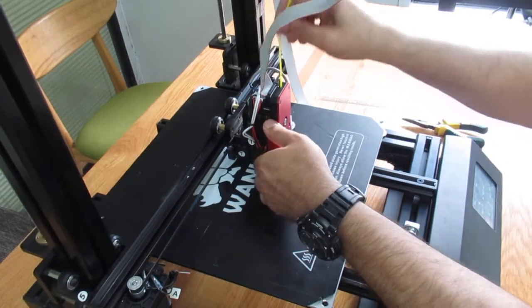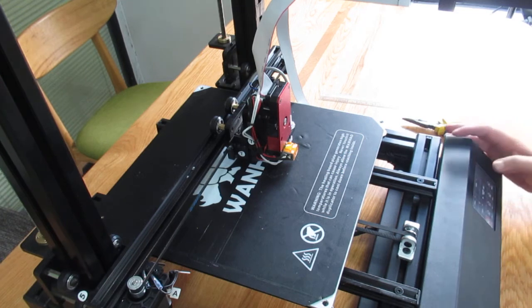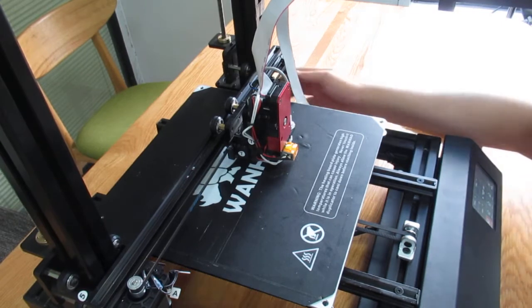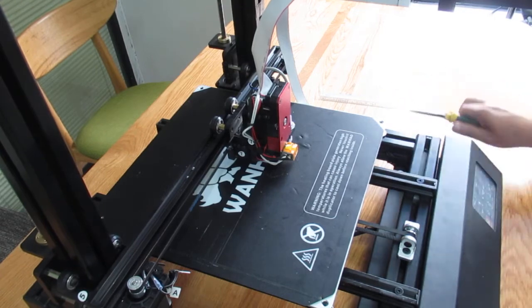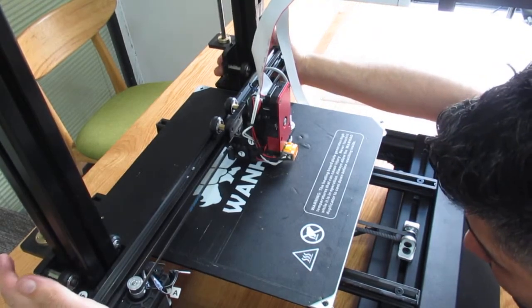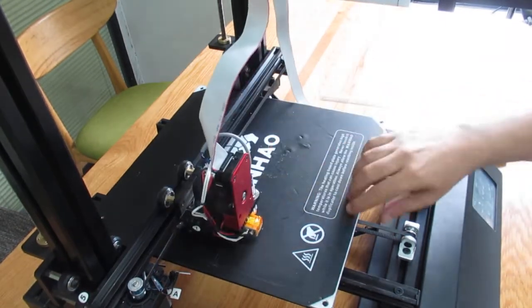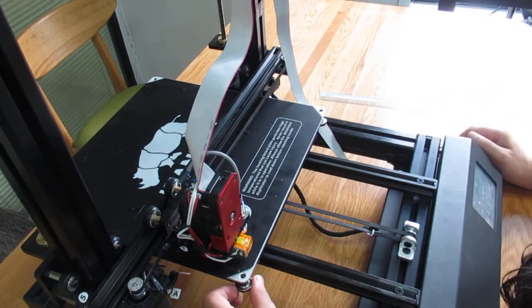I put on this first, and try to find the best distance between the print bed and nozzle. So you can lower it down again. I use my hands and the cobbler, and then try to move the nozzle all around the print bed,